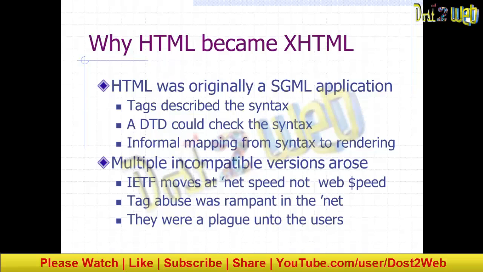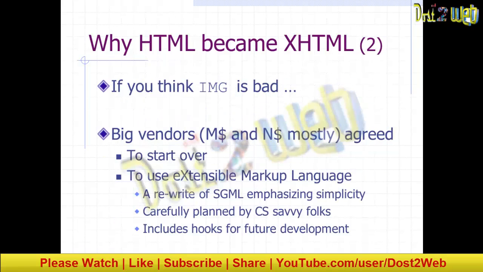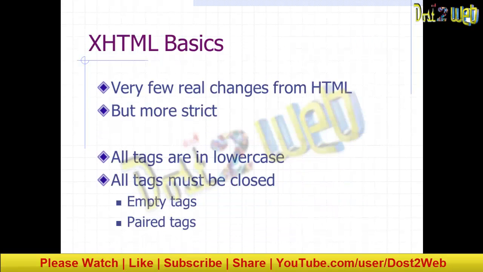The organization IETF moves at internet speed. It became important for users to access the entire content fast, and they wanted images to be rendered, so they started thinking about how to proceed. That is why we have come up with the extensible hypertext markup language.